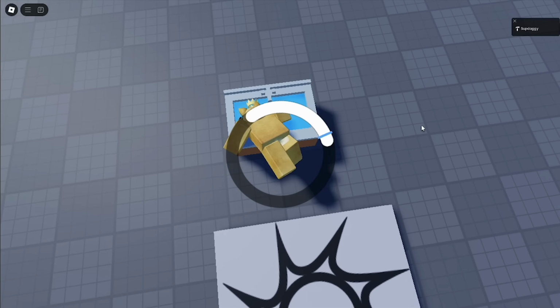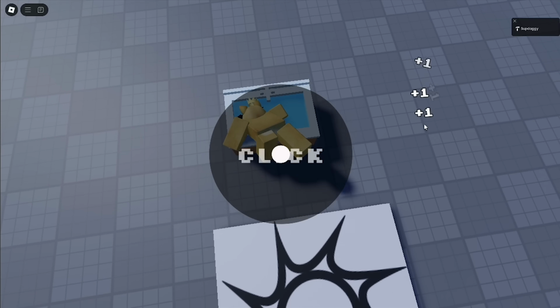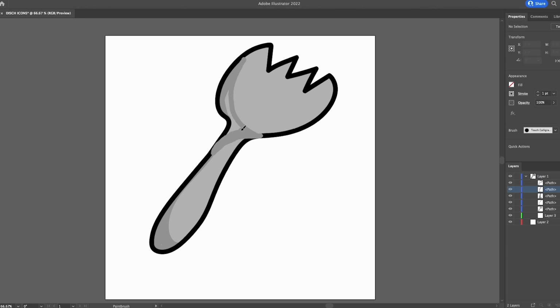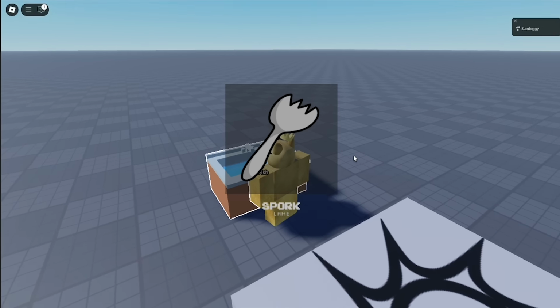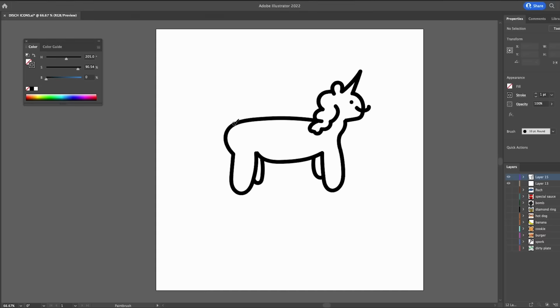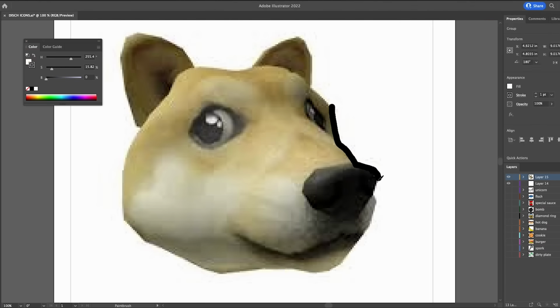But moving on, now that we have some high octane gameplay, there needs to be some rewards whenever you finish the minigames. And they actually call me Picasso Supdoggy, so I just chefed up some items that you can get from the sink, and I'd actually invest in these right now because there's a lot of high interest potential in these artworks. Trust me. But anyway, I ended up making 21 different items that you can unlock, and some of